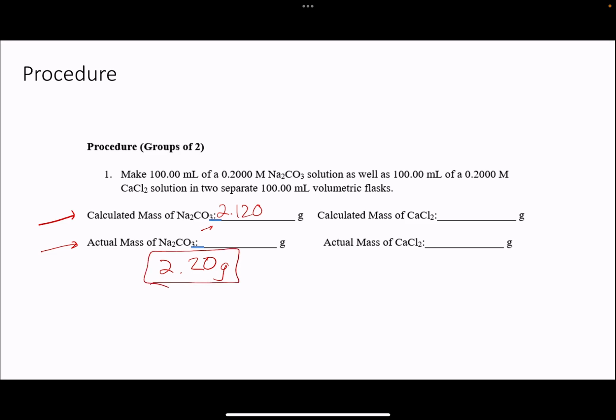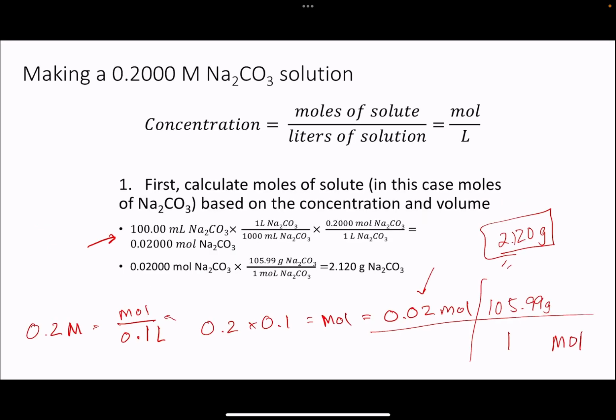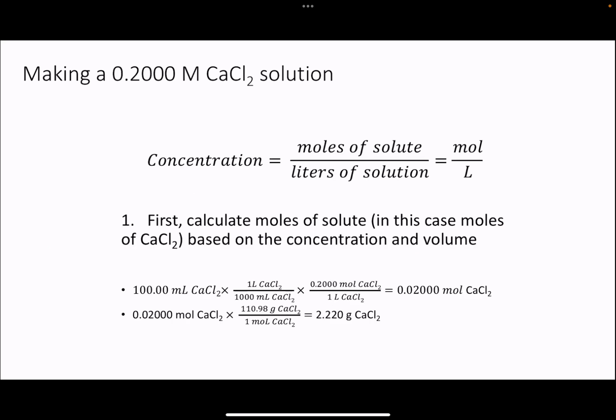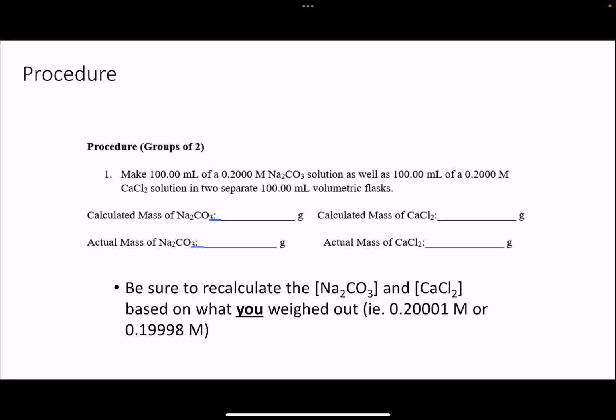Now what you're going to do is the same thing for calcium chloride, the same thing we just did before. So you'll just find the number of moles and then of course the number of grams that you need for calcium chloride. And you can just pause this here to see how that math works out, and we get 2.220. So we get 2.120, and then we have 2.220. And then whatever this number is, right? Let's say we had 2.3 or